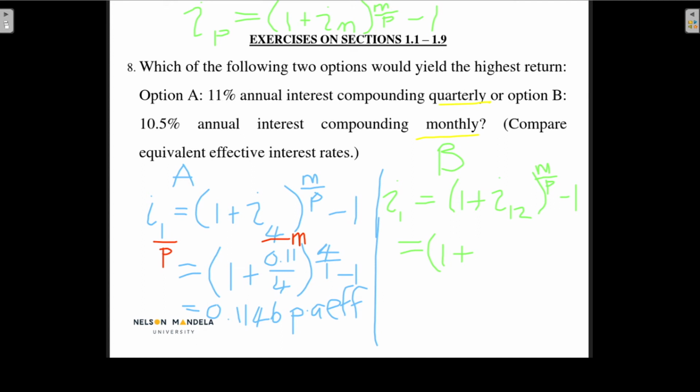And the effective monthly interest rate is this 10.5% divided by 12. And again, my M is this 12 and my P is the 1. Okay, and we get an answer here of